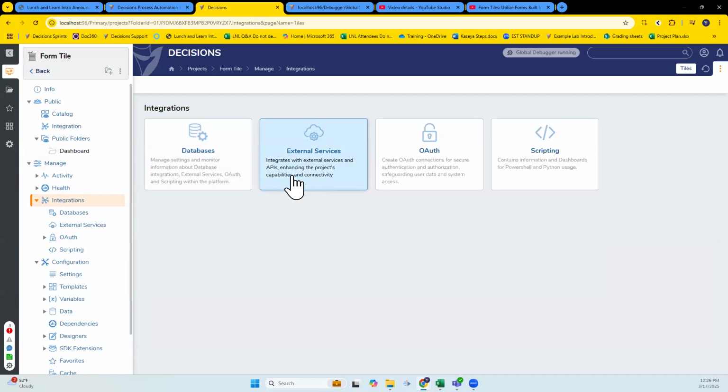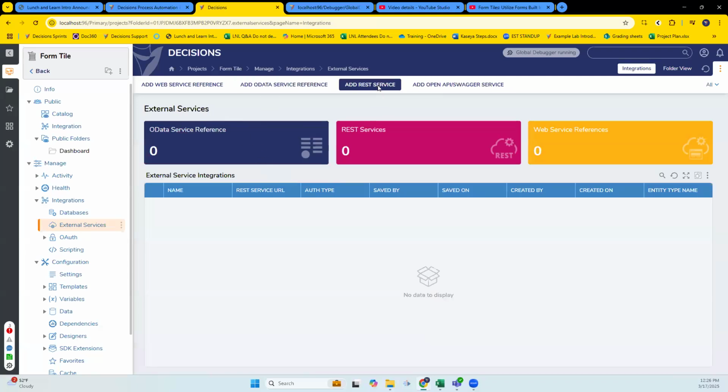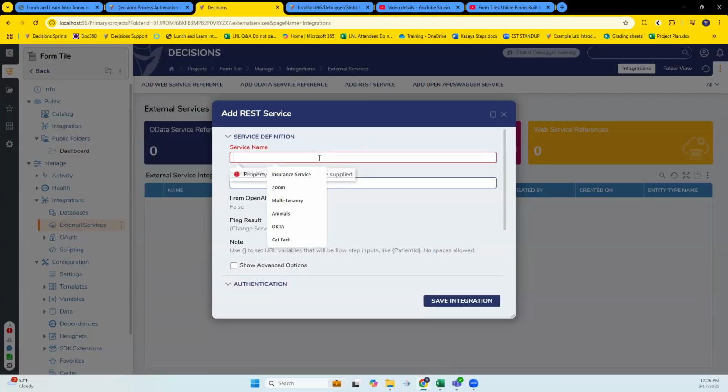Okay. There are a few things that could be causing that, but let me show you how to test that at the very least. So we're going to go to external services. We're going to add a REST service. This one's just going to be a get to show the functionality real quick. I do have a service from which there is a get method, just the post is not working. The post is not posting out results to the database as you are intending it to, right? Right.